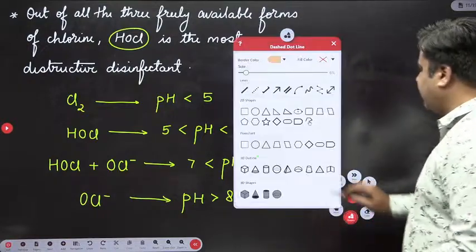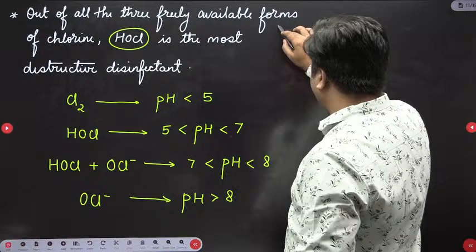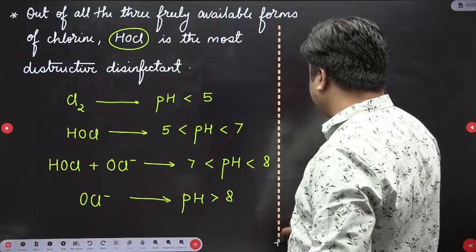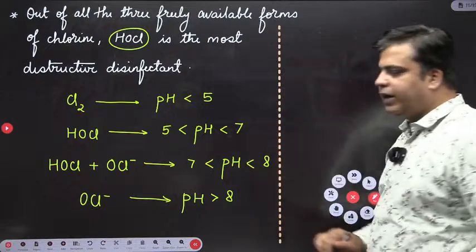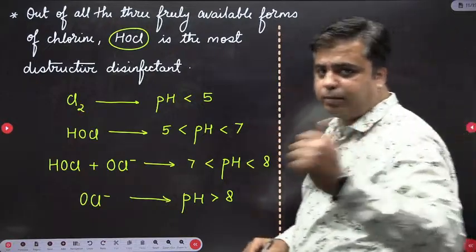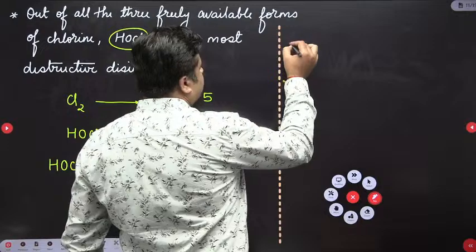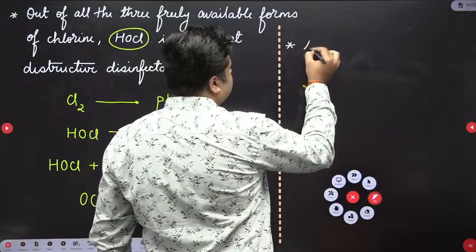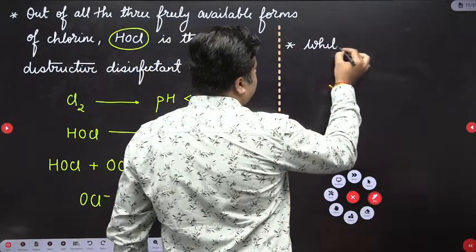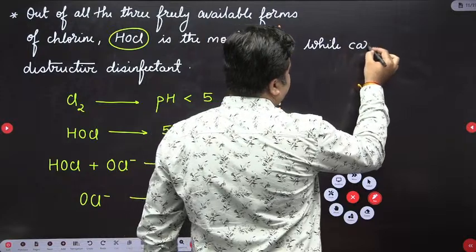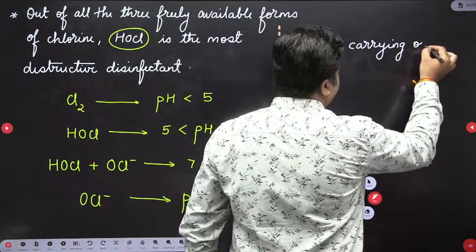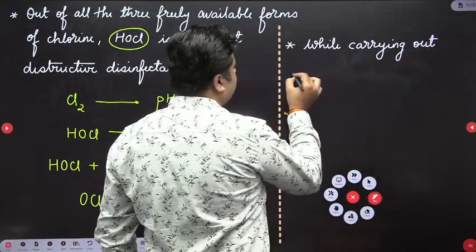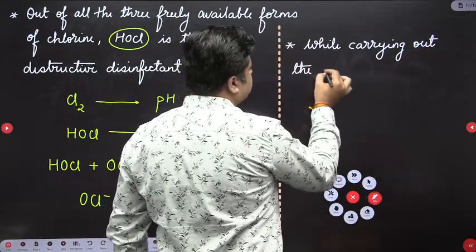So while carrying out the disinfection, the pH of the water sample is maintained in the range of 5 to 7. You can just have a note point regarding this because this can be a statement for a multiple select question. While carrying out the disinfection,